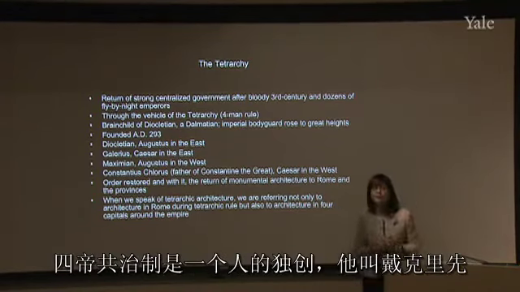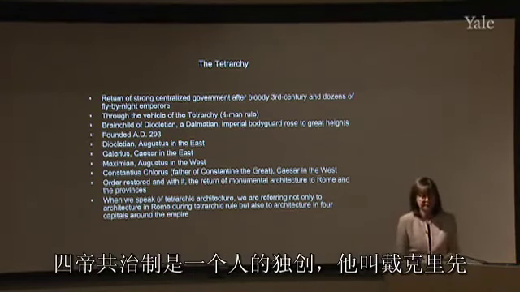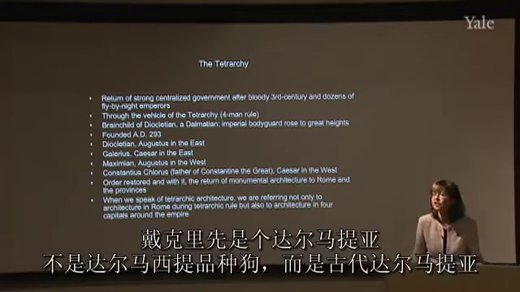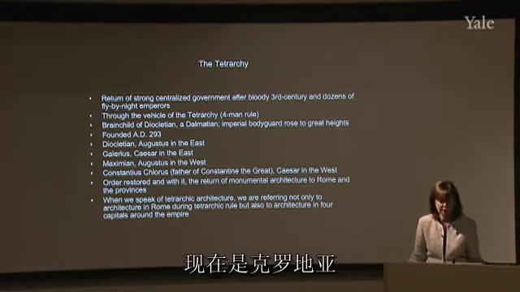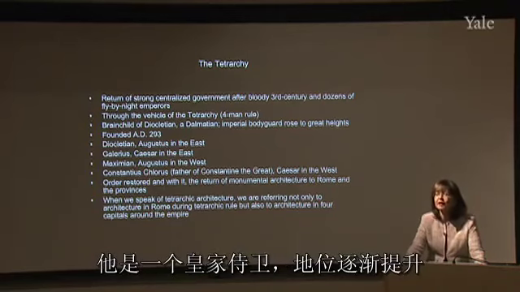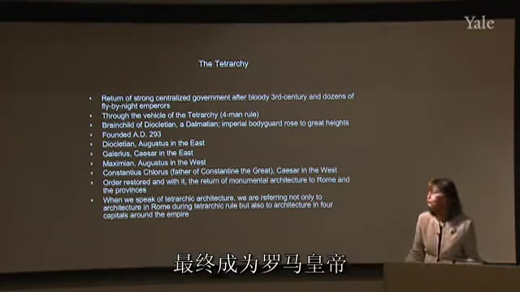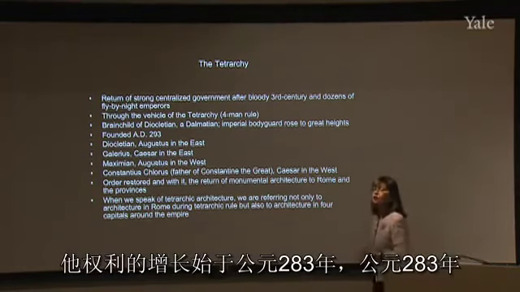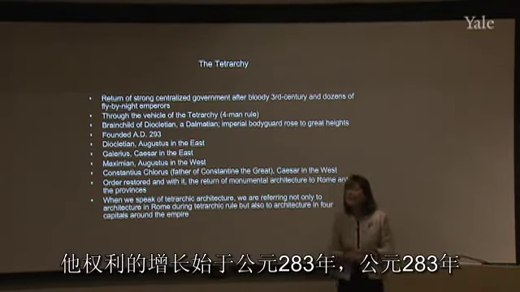The Tetrarchy was the brainchild of a man by the name of Diocletian. Diocletian was a Dalmatian, not a dog, but somebody who came from ancient Dalmatia, now Croatia. From Dalmatia, he was an imperial bodyguard who rose to great heights and eventually became Emperor of Rome. He began his own rise to power in 283 AD,